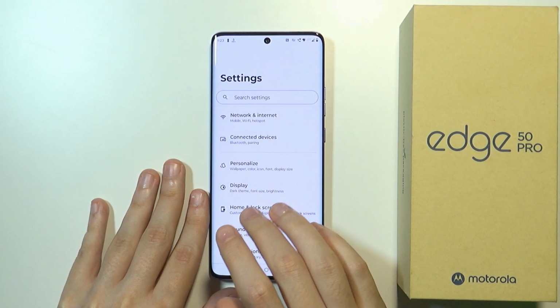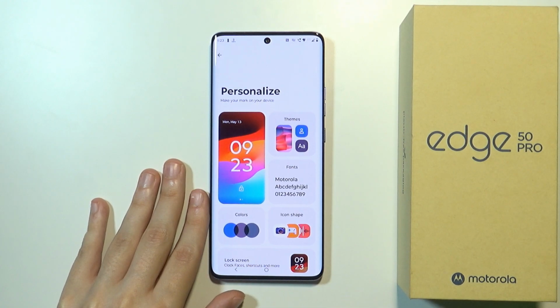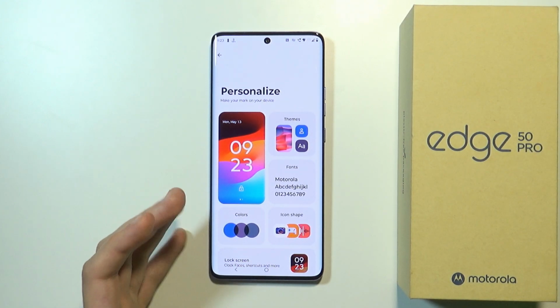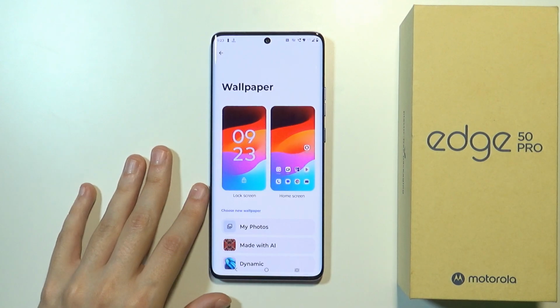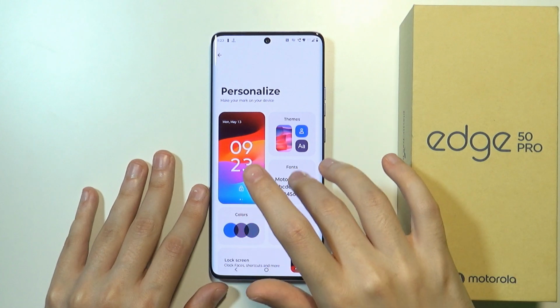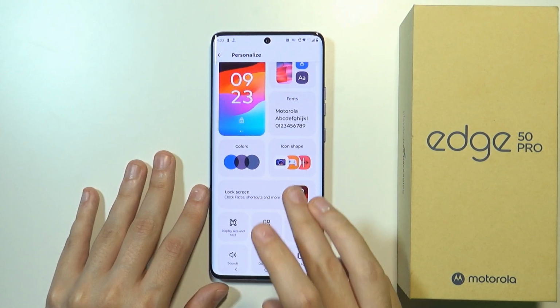Another thing is the personalize options. So at the top of the settings, we can find personalize over here. And this is a pretty cool place where you can do nearly everything in terms of the visual personalization of your smartphone. You can change the wallpaper, you can change the whole theme, you can of course also set up your own theme,